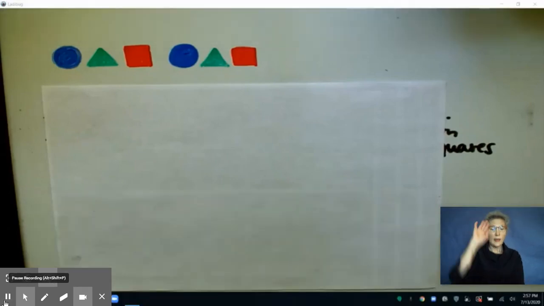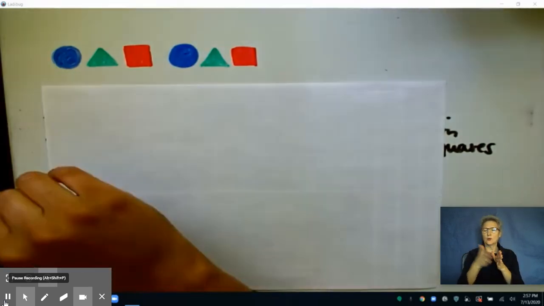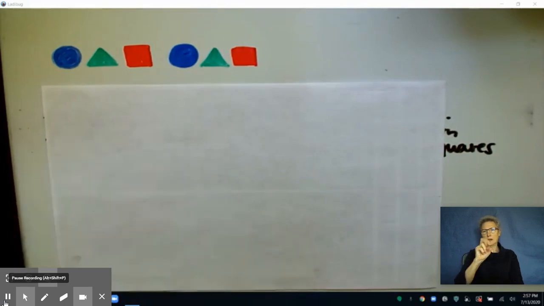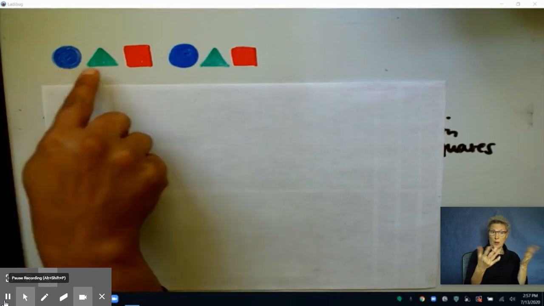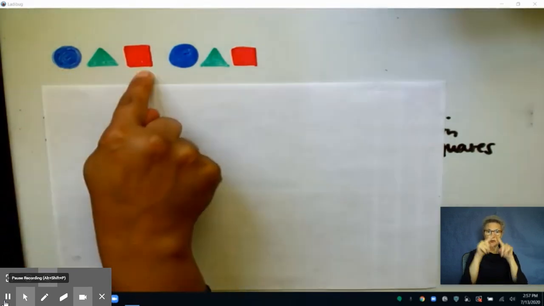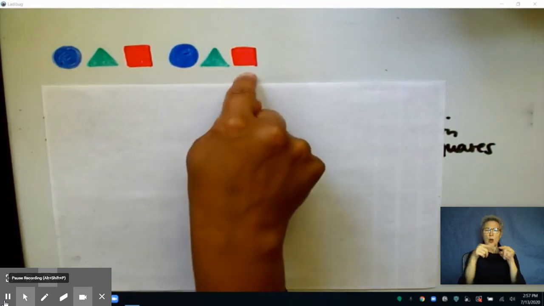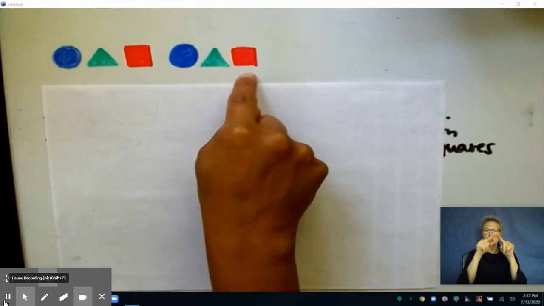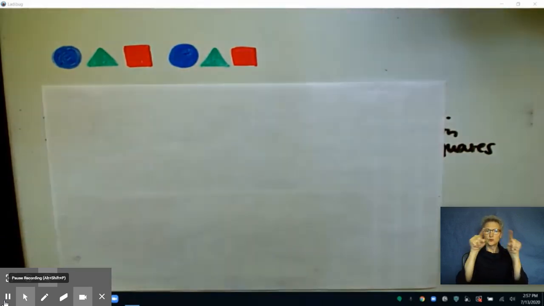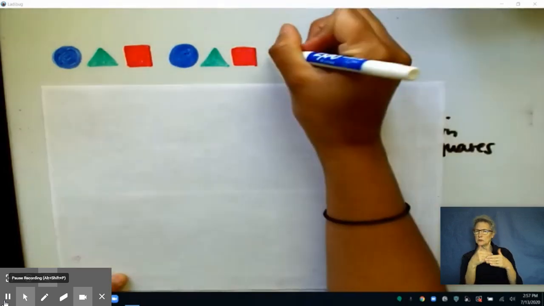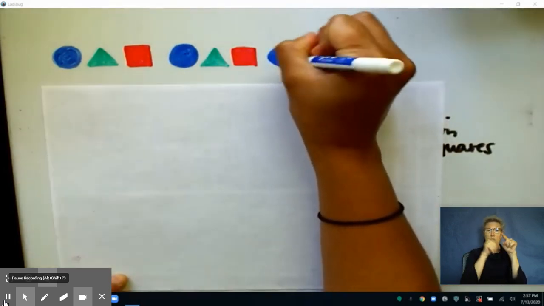Grade math friends. Today we are going to be thinking about patterns, but before we do that with numbers, I want to start off with a basic pattern that you see here. And let's think about what we notice here. We see that we've got a blue circle, a green triangle, a red square, blue circle, green triangle, red square. And if somebody asked you what would come next, you would probably say a blue circle, because you're noticing